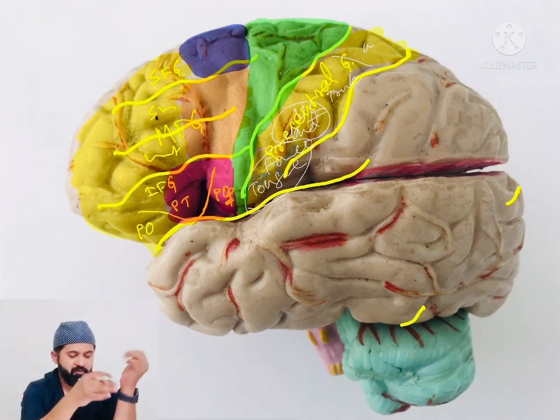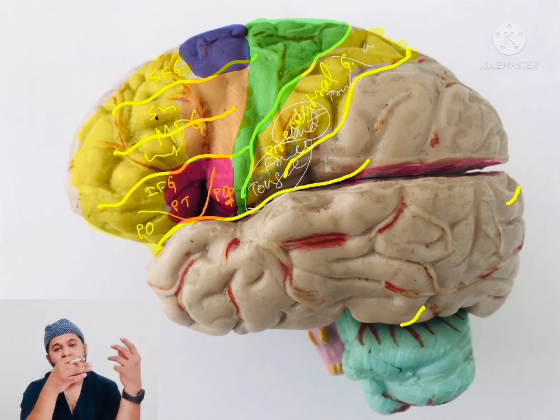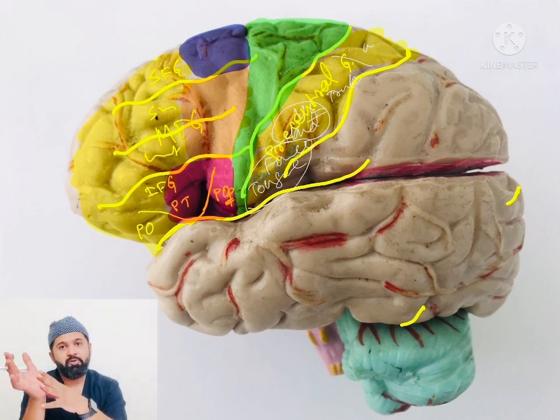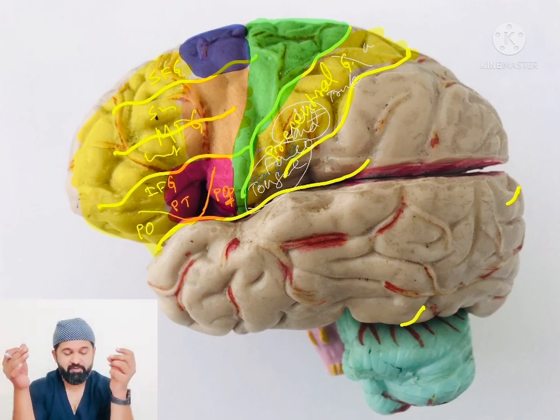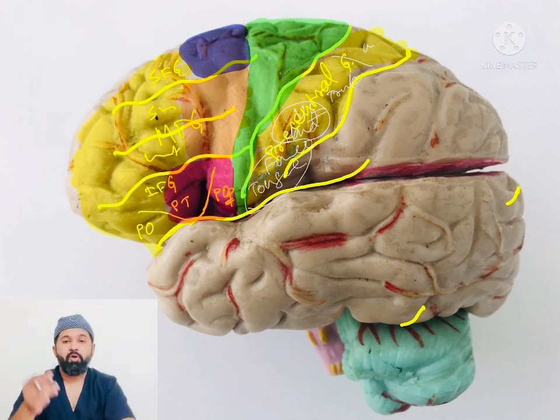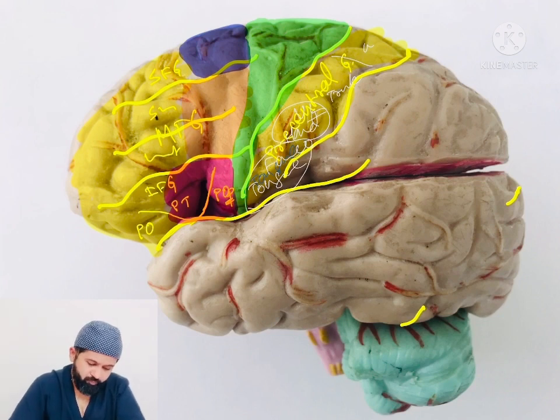The left side is dominant in 90% of people. So the prefrontal lobe on the dominant side is more associated with the verbal aspects, with execution, planning, thinking, attention and memory. But on the non-dominant side, that is on the right side in most people, the prefrontal lobe is associated with non-verbal aspects, that is your abstract thinking, your ideas, the recognition of faces, and all those non-verbal aspects of one's personality are on the non-dominant side, that is on the right side of the prefrontal lobe. So that encompasses the frontal lobe.